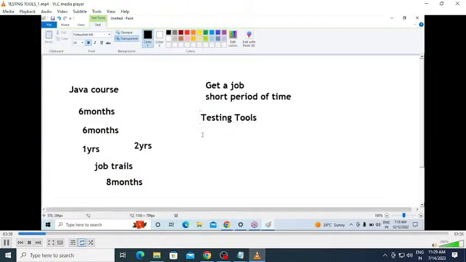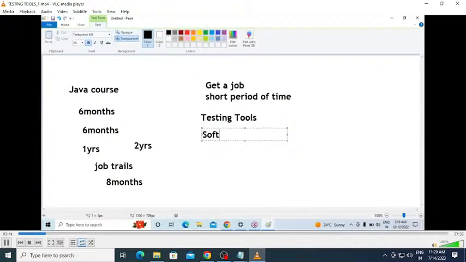Again, here I already said that people call it software testing. In this software testing, we are discussing manual testing and